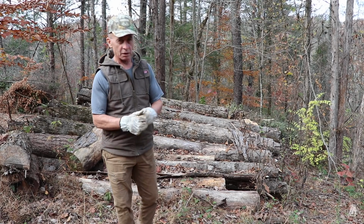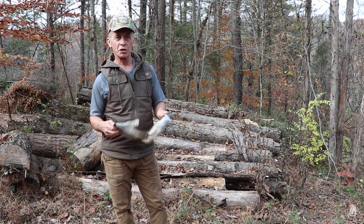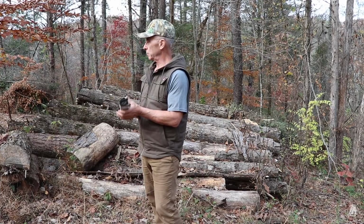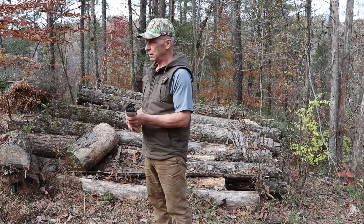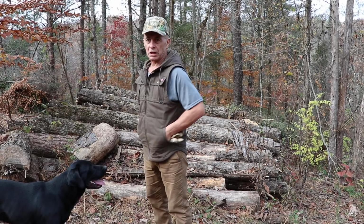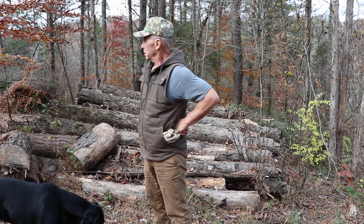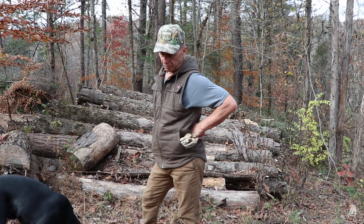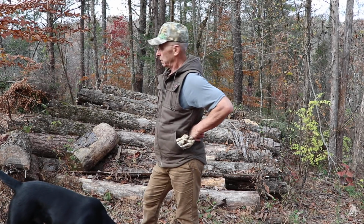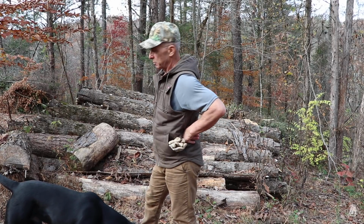I've also kind of run into a situation where I don't have anywhere to put these logs, so I think what I'm going to have to do is take them down the hill. I've got some areas down there. I don't want to take them down in the field because if water did get up and flood, not necessarily would it wash the logs away, but then they would be all wet. You know, they've actually been drying, so